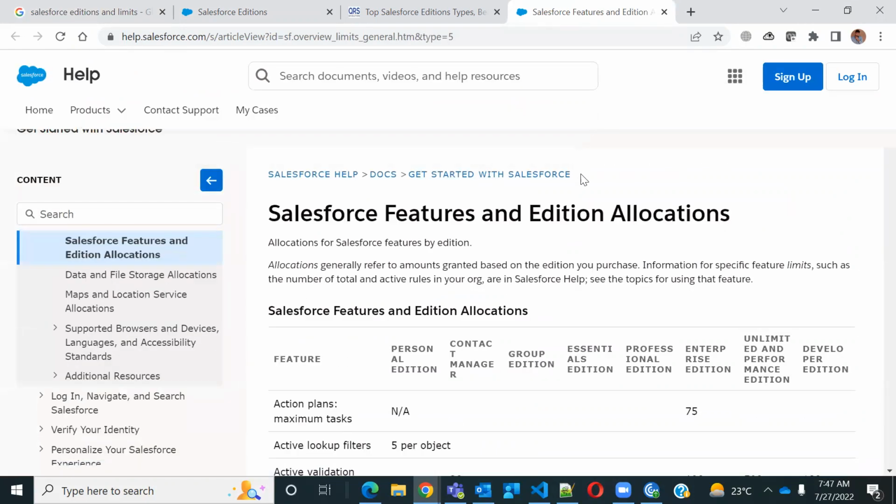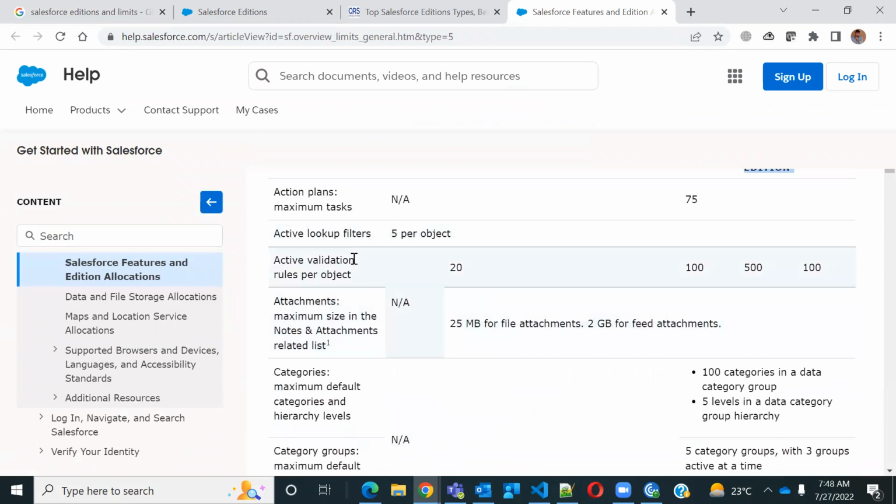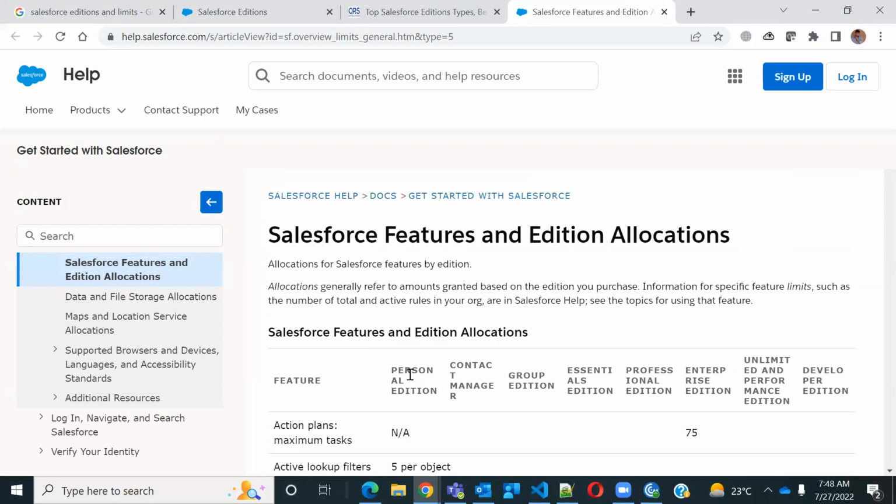Here you can see the list of 1, 2, 3, 4, 5, 6, 7, 8. All these 8 types of editions and what the limits are. It will specify each feature and how many of them are allowed. Okay, for example, validation rule on personal